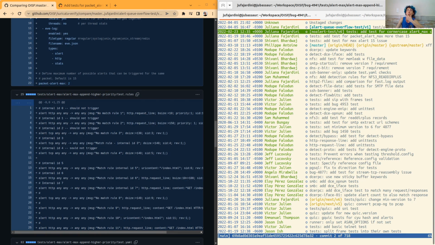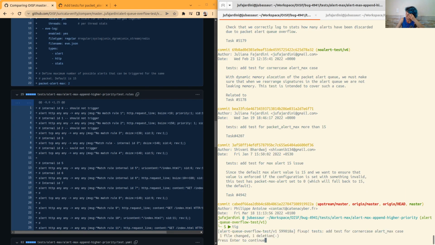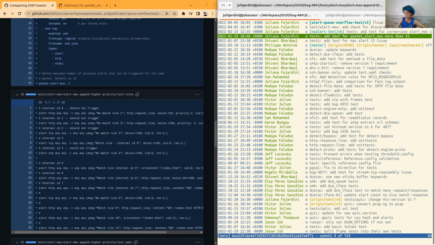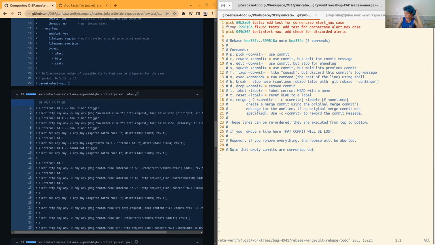This will mess up because there will be a conflict, I'm guessing. Now there is the commit, the fix up commit. Now I can go here and do the rebase. We see that Git is able to understand because of this tag here, and because the rest of the commit message is the same, that this should be a fix up, and that's how the magic happens. But now I don't know if we will have a conflict or if things will be messed up because there will be more than what I want.